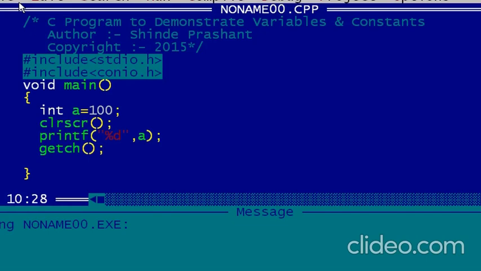In this manner we declare an int variable and store the value 100, which is the constant. A and 100 are both called operands, and the assignment operator is called the operator. This value is not changed during the program execution, due to that it is called a constant value. If we ran the program and got an output different from this value, then we could not call it a constant value. We got the same output that we are watching here, so this is called a constant value.